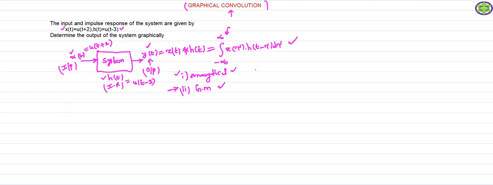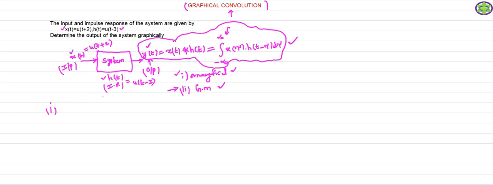Now you just follow the 5 steps for any type of problem. So the step number 1 is how to perform this integral operation. This is very, very important. Graphical convolution, the formula is very, very important. You just remember this formula. See, graphical convolution, this is the formula. Very, very important formula. So we need to evaluate this integral operation using the graphical method. For that we follow the 5 steps. At the 5th step we will get the answer.